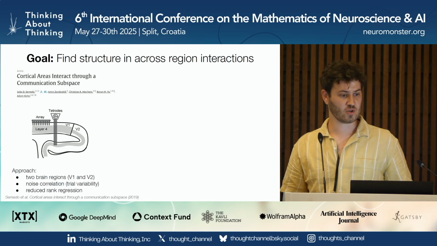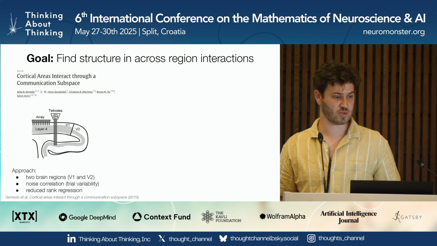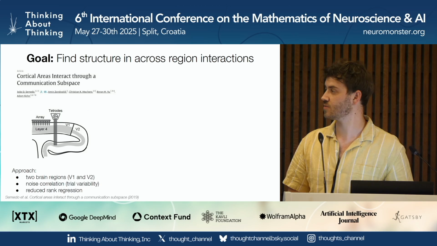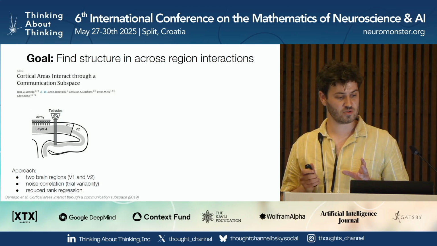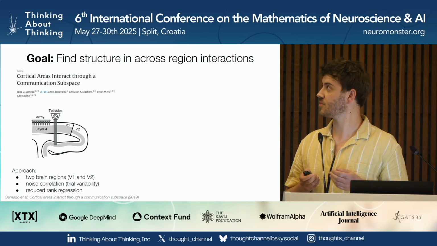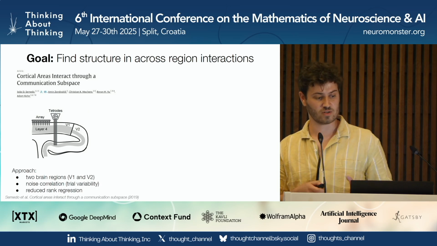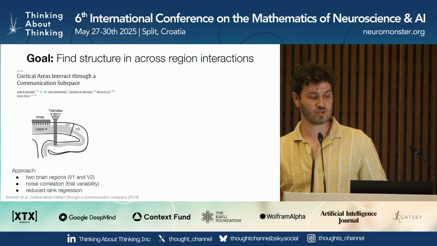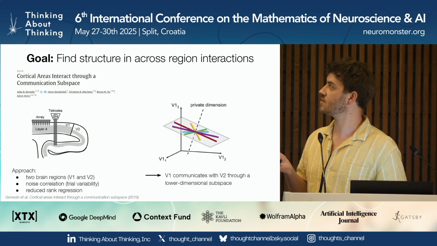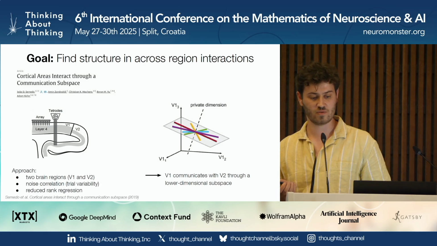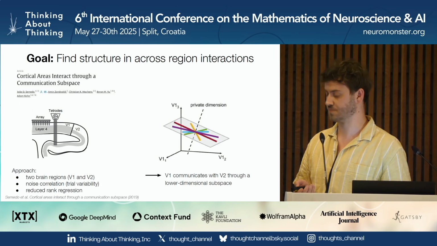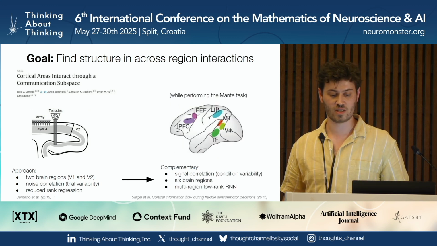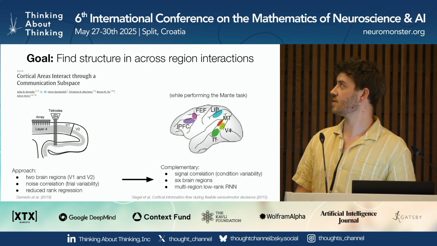paper named Cortical Areas Interact Through a Communication Subspace, where they have simultaneous recordings from two brain regions, namely V1 and V2, and then reduce or subtract the stimulus signal from the neuronal traces and study the trial variability or noise correlation. They then apply a reduced rank regression and find that V1 communicates with V2 through a lower dimensional subspace. We would now like to expand this paradigm and study signal correlation or condition variability with a task, we